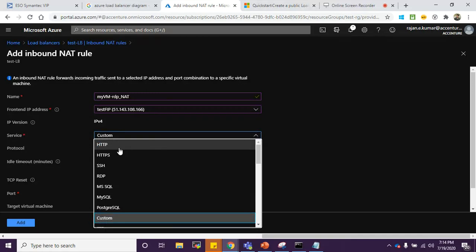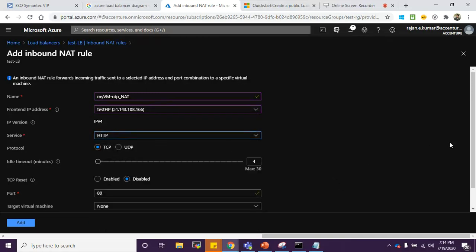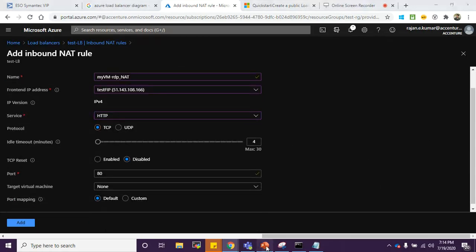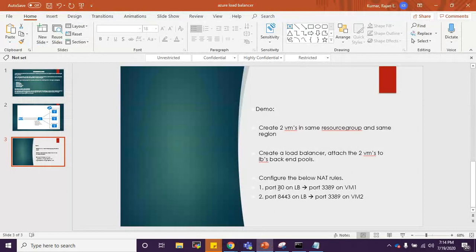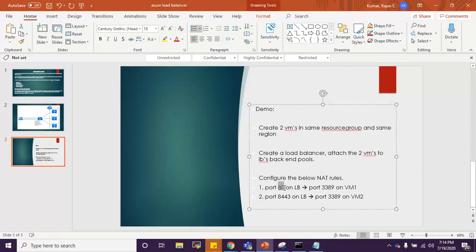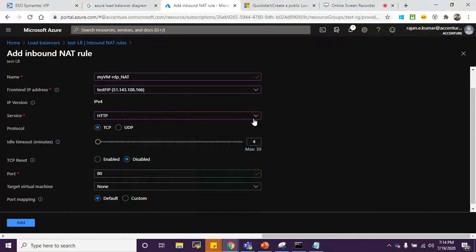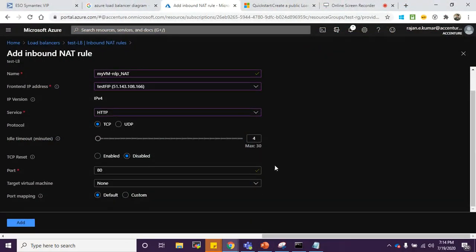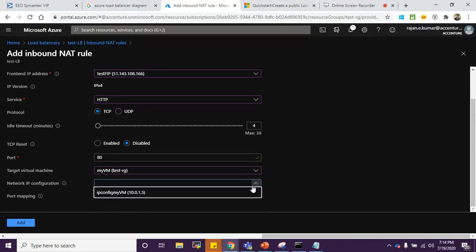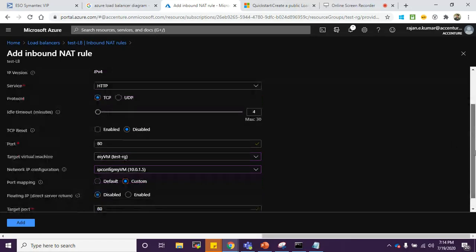For the service, we'll use HTTP because port 80 belongs to HTTP as per the presentation. We'll be using HTTP port 80 for the first rule. Target virtual machine is my first VM, with its network IP configuration, and then just set it as custom.